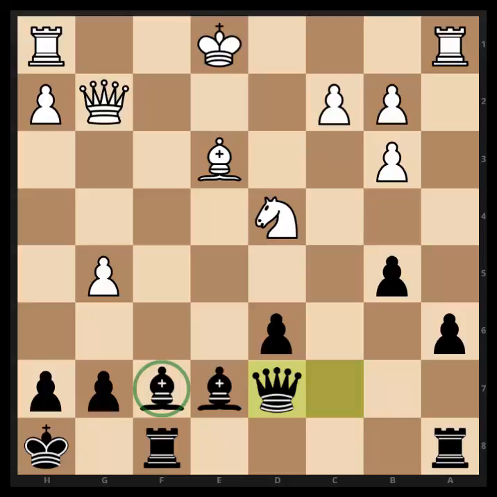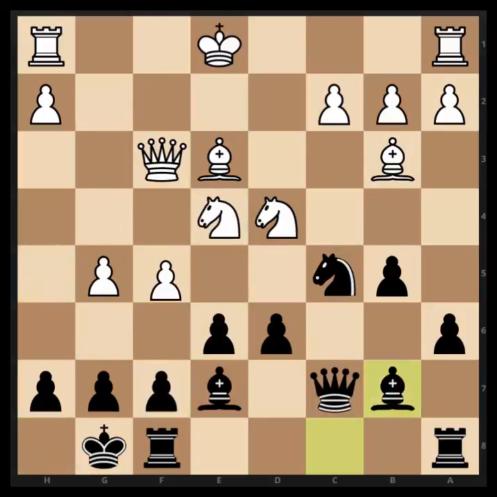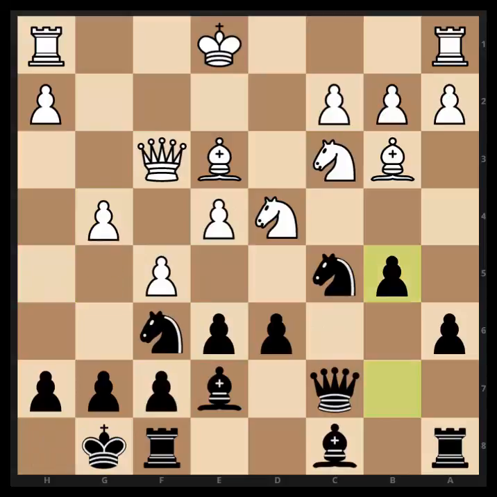So yeah, of course this would be a major, major opening success for black if he could arrive at this kind of a position. So where did all of that come from? Well, we were investigating this line with a quick g4,